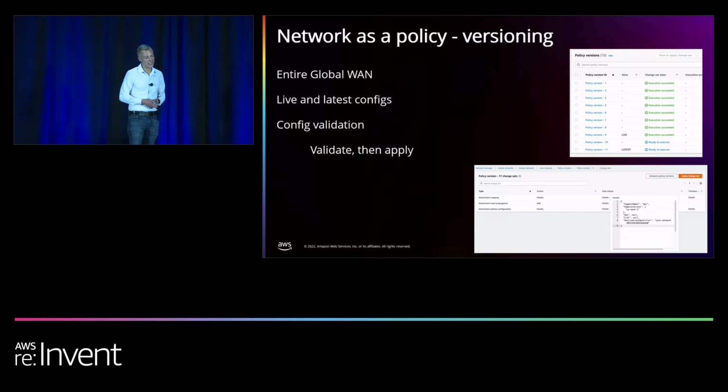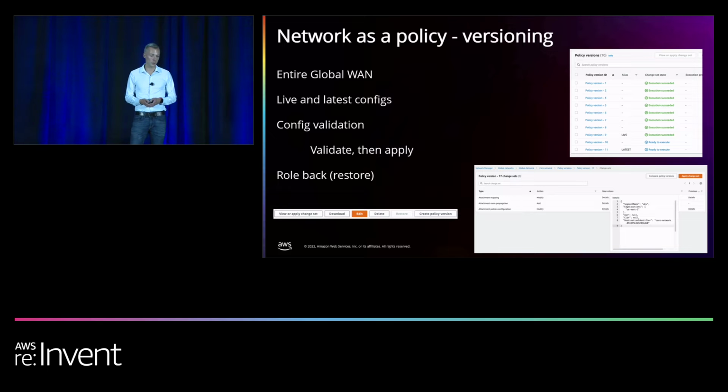If you're using the GUI, we can see in this diagram here where you can actually see the changes and what's changed in the JSON and what's going to be applied before you ever go and apply it. So it might be that another network engineer or another member of your team has gone and made a change or adjustment. You can go and validate that before you actually deploy it to your global WAN. And we can see here through the console, it's pretty easy to roll back, roll forward, edit, delete, and even download the policy documents. So you don't need to be an expert in JSON or the programmatic side of it, but if you are, that's all the easier to automate your entire global network deployment.